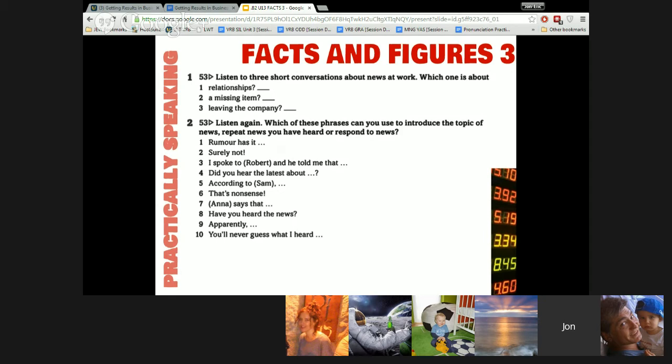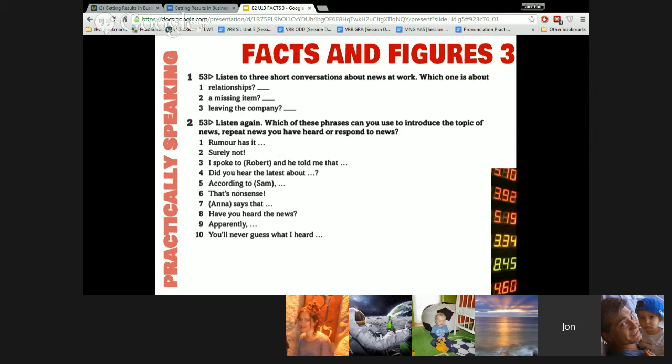Okay, and Rebecca, number 9. Apparently, it's introduce the topic of news. In what way? Maybe you're right. I would have called that reporting. Maybe it depends on the sentence, you know. So let's take a look. We'll go to the text in just a minute. We'll look at how it was used. Okay, and back to Odie for 10.